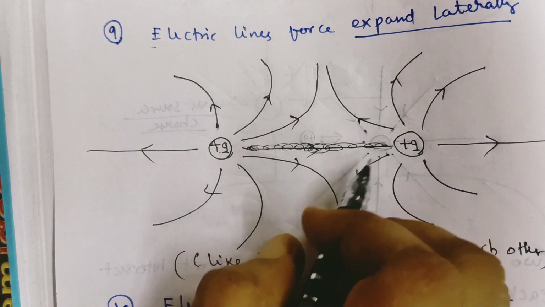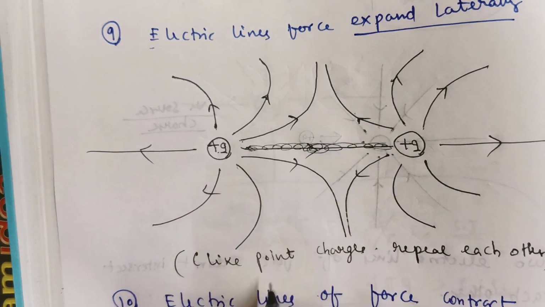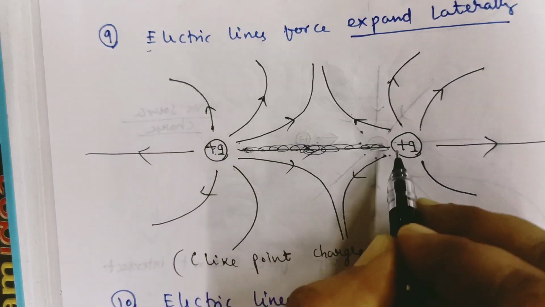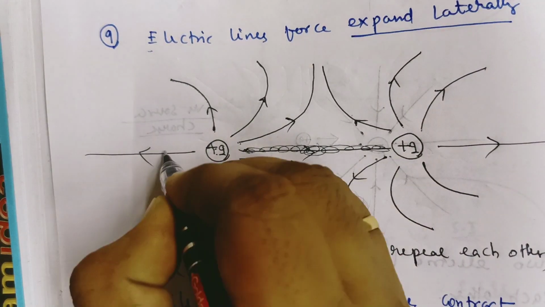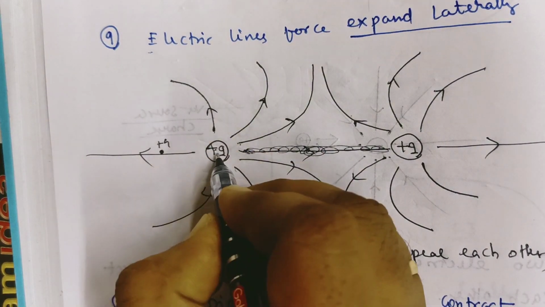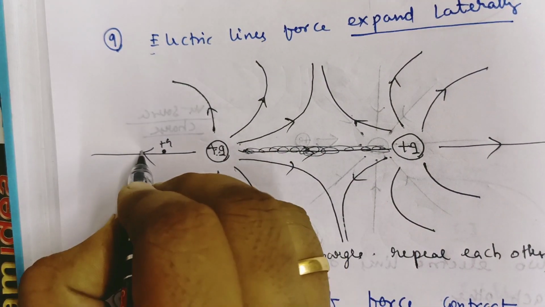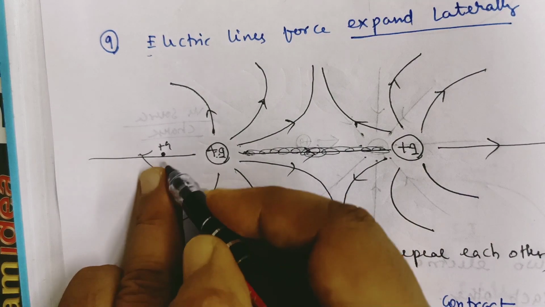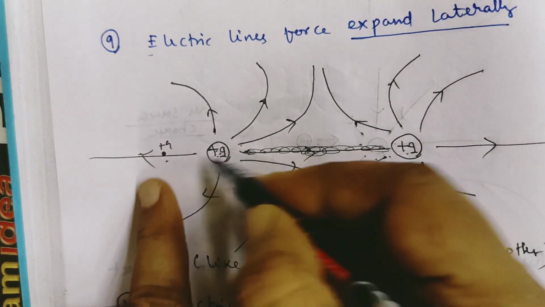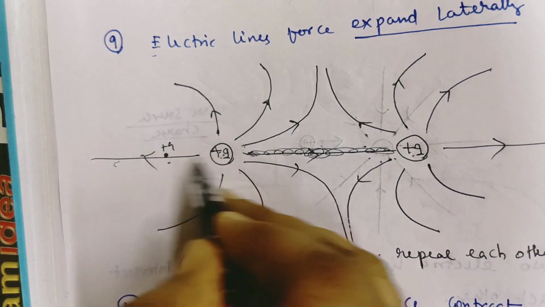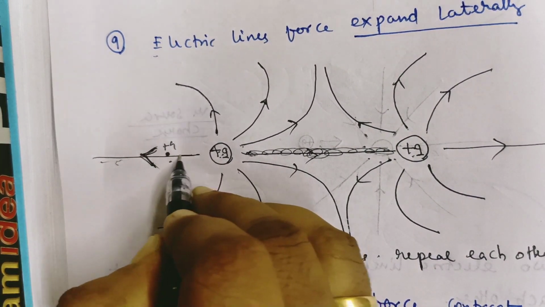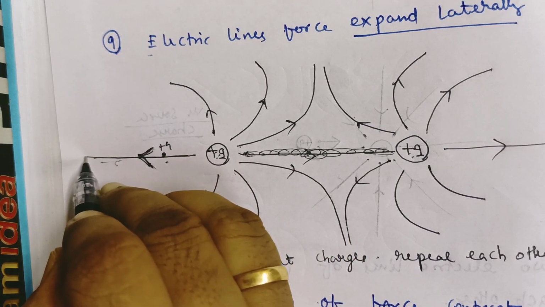Two charges means the lines of force start to curve. Why? Here you see, one positive source charge is here, and here is another positive source charge. If I take a test charge plus Q here, this source charge will repel. Simultaneously, the other positive source charge, plus Q, also repels. So both repel in the same direction, and the resultant path is in this way. So this line of force is directed in this way.